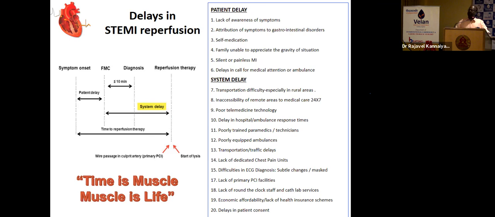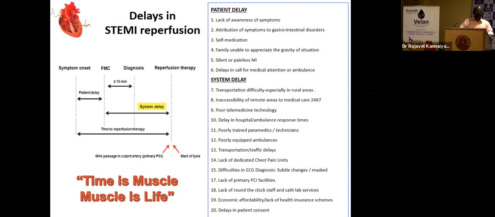For all patients with diabetes or hypertension, we should explain the features of MI and how it presents: any chest pain, whether pricking or compressing type, radiating to the jaw, arm, or back, associated with sweating, giddiness, and also angina equivalents. If they are aware, they will come to the hospital immediately. Within 10 minutes you can do an ECG and diagnose MI. If the PCI center is nearby and feasible, you can go directly to primary PCI. If it is not feasible, we can lyse the patient, and within 24 hours do an angiogram.